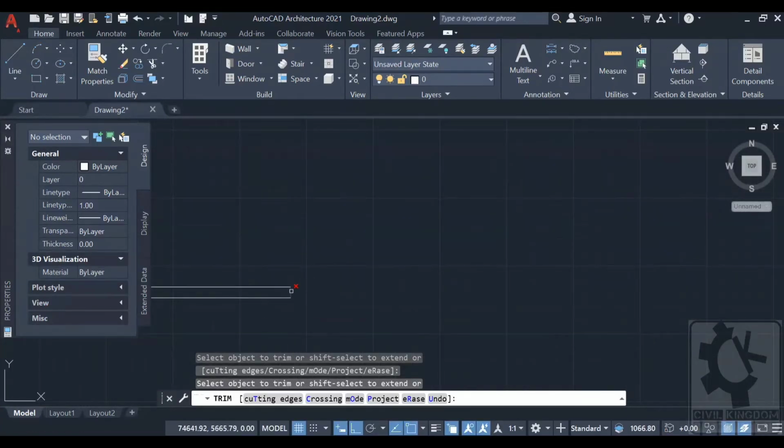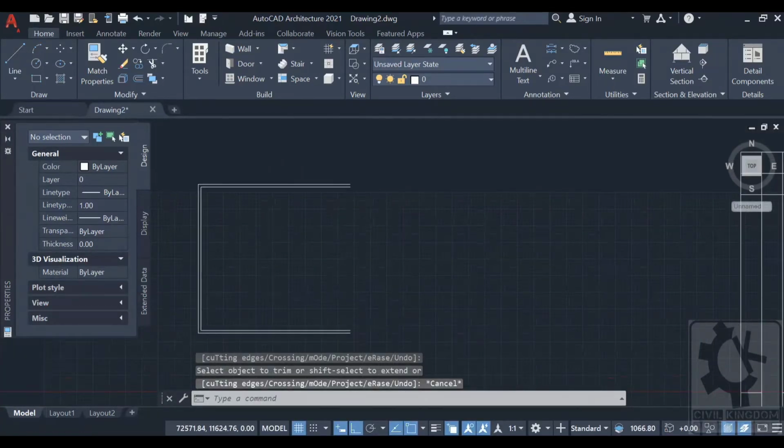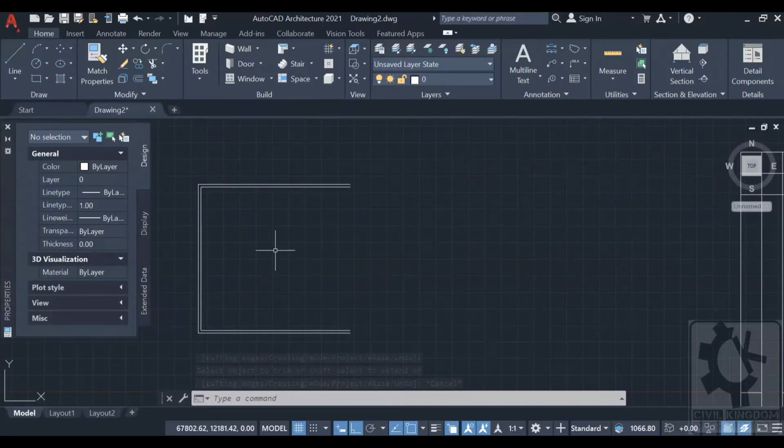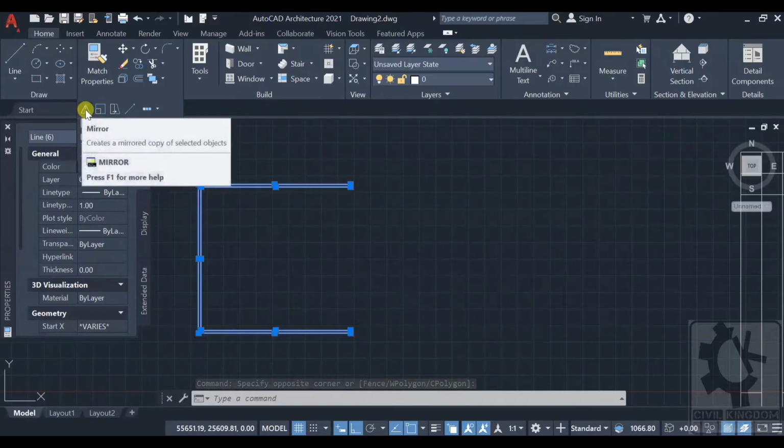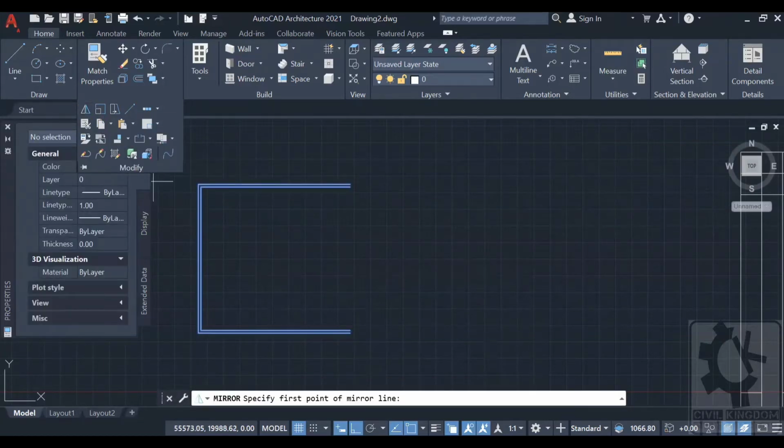Okay, now suppose I want a mirror of this object. Select the object, go to the mirror command, select that, it will ask for the first point of the mirror line.